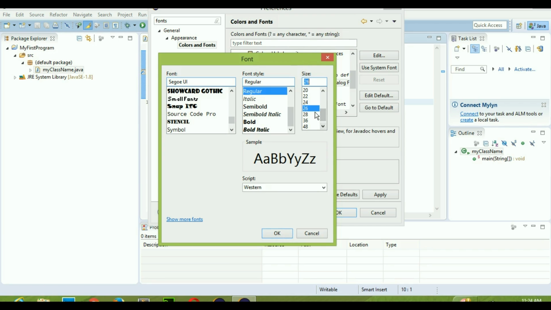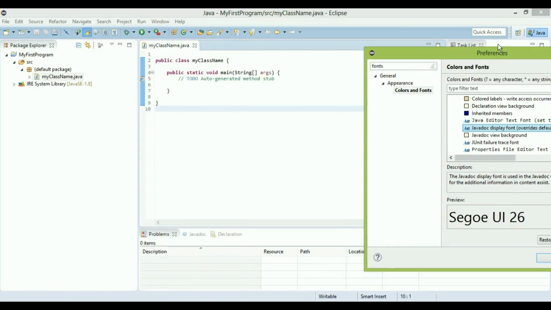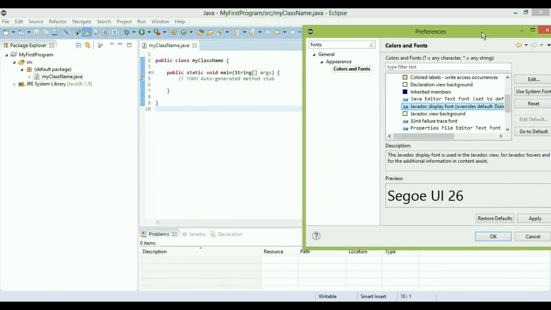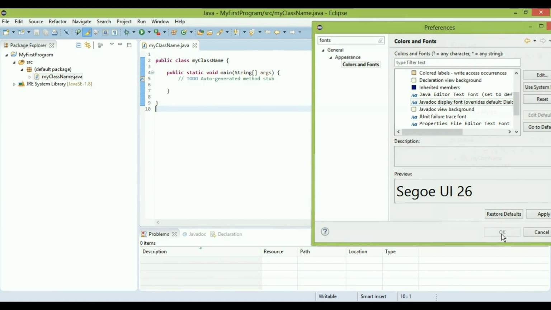So I will choose a size of 26 and click OK, and you will see when I apply, suddenly that code will appear bigger. So when I click apply and OK,